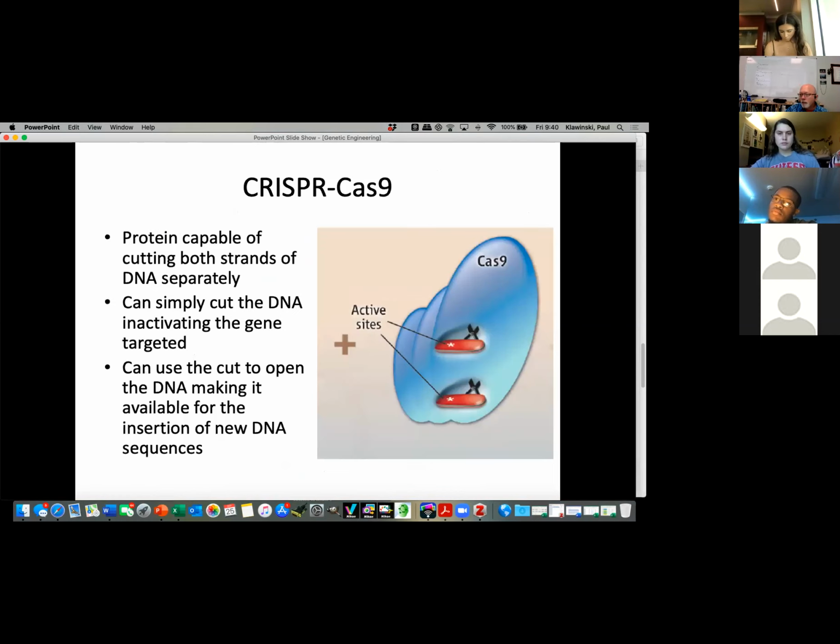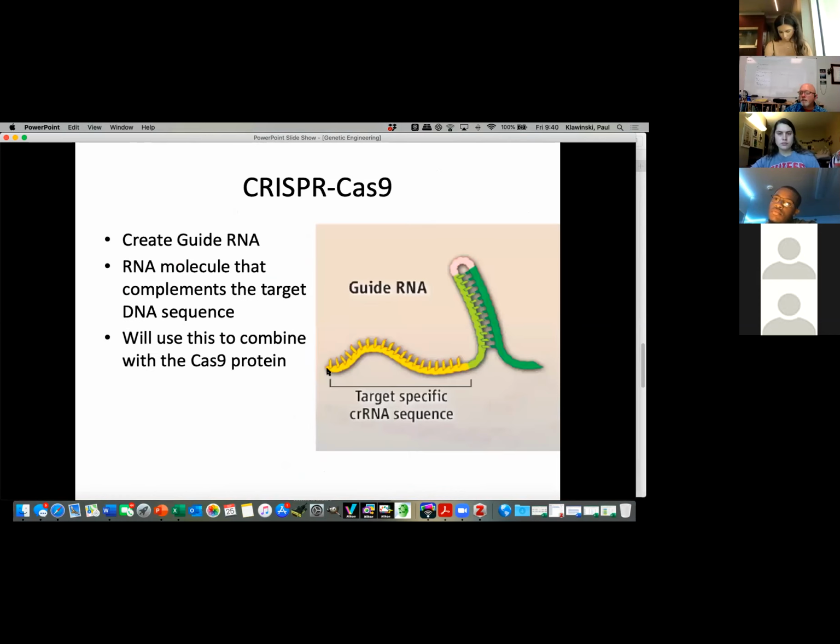What CRISPR-Cas9 allows us to do is it allows us to be very specific. We can design the guide RNA so that it does whatever it's going to do at a specific place inside the genome of the organism that we're targeting with CRISPR. This is the advantage of CRISPR-Cas9 over other ways. And when you listen to the article that I've posted about